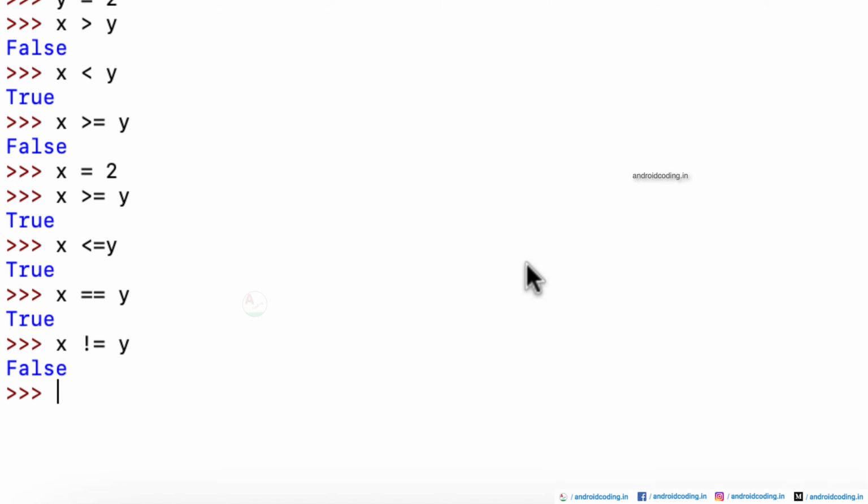So we have seen here greater than, less than, greater than or equal to, less than or equal to, double equal to, and not equal to. So these are the 6 types of relational operators by which we can compare two values and get the result in terms of a boolean value.